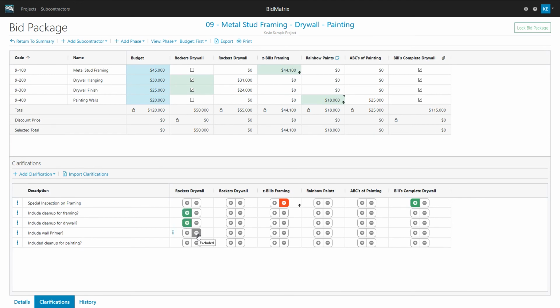Again, unless I go back and add a supplement, it's not going to add any money to it. It's just a way I can go through at a quick glance and remind myself what they included or didn't include. So that's a little bit about clarifiers, clarifications and so forth. It's just a way of adding one more level to making sure that this bid is comparable with another bid being compared against it.